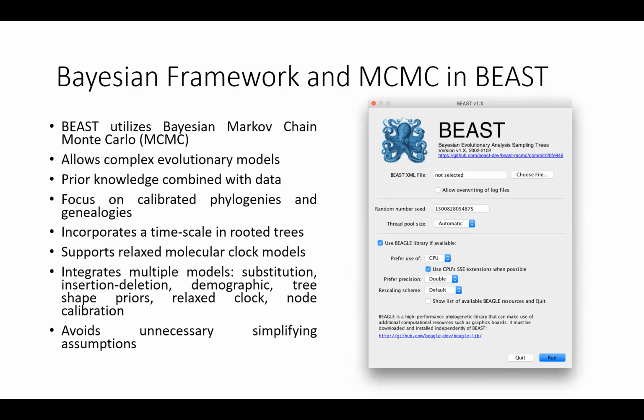This approach is particularly powerful because it allows researchers to implement highly complex evolutionary models. Bayesian MCMC provides a robust way to estimate parameters and test hypotheses. This method has been widely adopted in phylogenetic reconstruction and other evolutionary analysis due to its efficiency and the depth of insights it provides. So one of the standout features of BEAST is its focus on